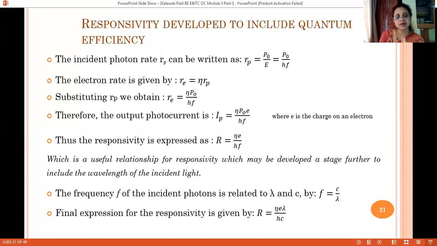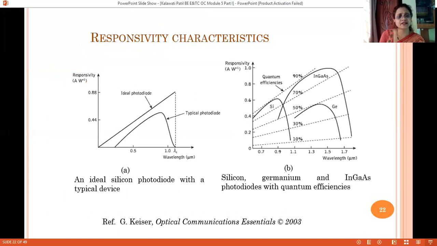Let's have a look at the responsivity plots considering this fact. In the left-hand side plot, we have the responsivity plotted against operating wavelength for an ideal photodiode. With respect to the theoretical expression, yes, it should increase linearly.